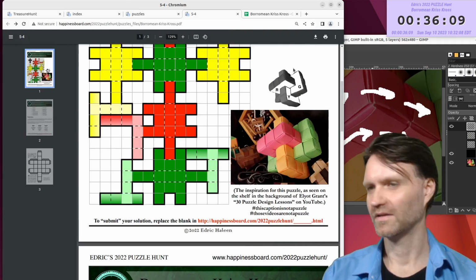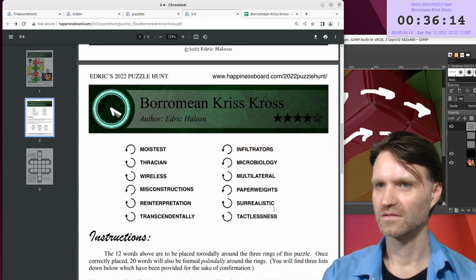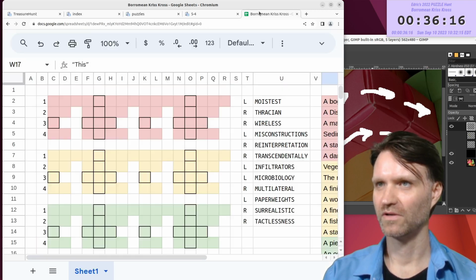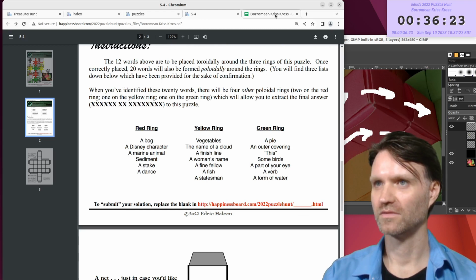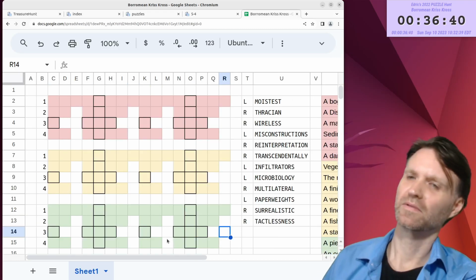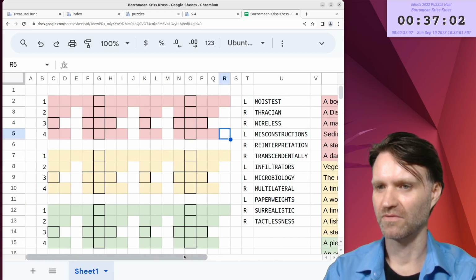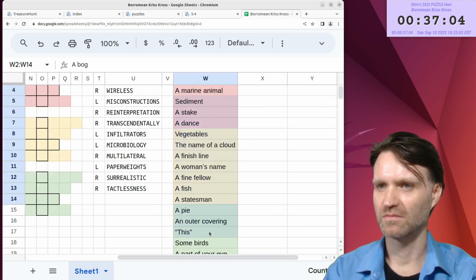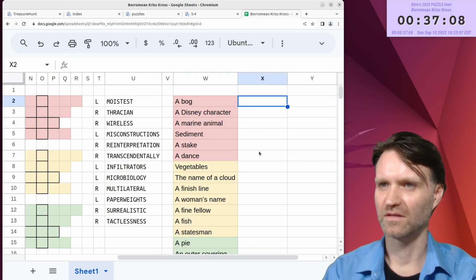So we've got the diagrams that we can fill in here. We've got the 12 toroidal words here, and we've got the clues for the poloidal words for each of the 3 rings here. So I think that's all we need. So now we need to get started. Because of symmetry, the only thing that's going to distinguish the red, yellow, and green rings is going to be these poloidal clues. So let's start with these and see if any of these are